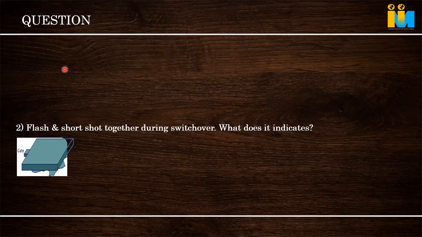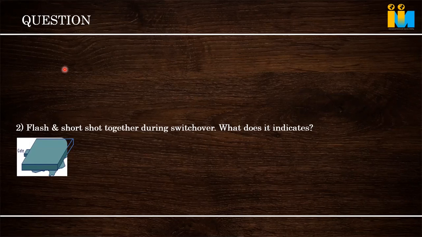Pressure? No, not that. Gate sealing? If gate sealing is there, how will flash come? It is in the part, not in the runner area, I'm telling. You are right. If gate sealing has happened, flash will come in the runner area, not in the component. This indicates that our tonnage is not adequate, because the mold is not getting closed fully.